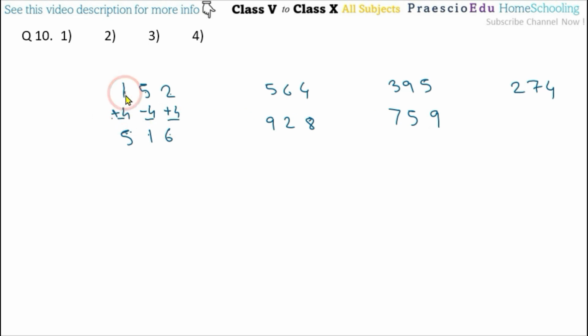So plus 4 in the hundreds place value, then minus 4 in the tens value, and plus 4 in the unit place value. Like this, here plus 4, the same digit we are finding, then 6 minus 4, 2 we are getting, then 4 plus 4 we are getting 8. Same here also, 3 plus 4, 7, 9 minus 4, 5, then 5 plus 4, 9. So same we have to apply here. 2 plus 4, we are getting 6. So 7 minus 4, we are getting 3, and 4 plus 4, we are getting 8. So that is written as 638, and 638 is given in option number 1.